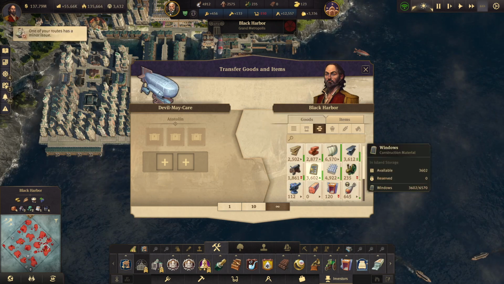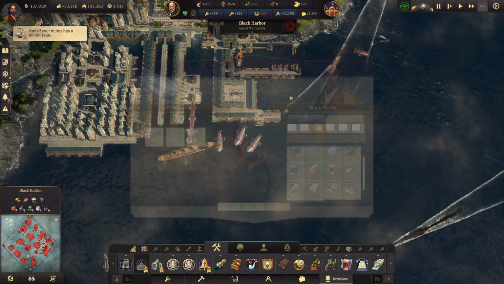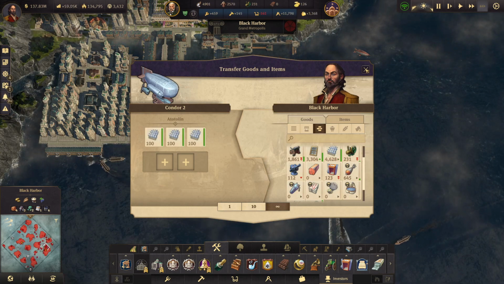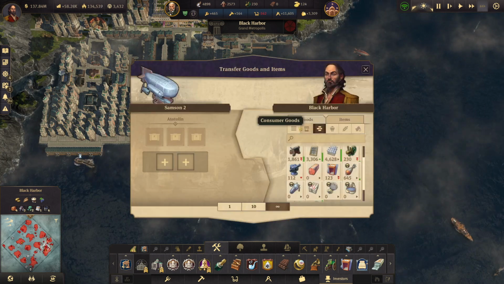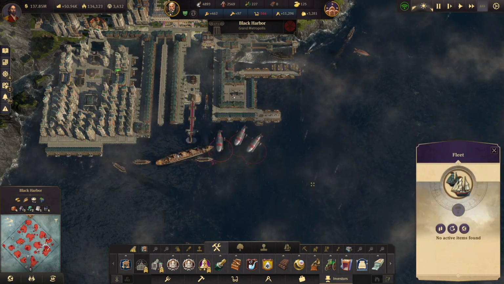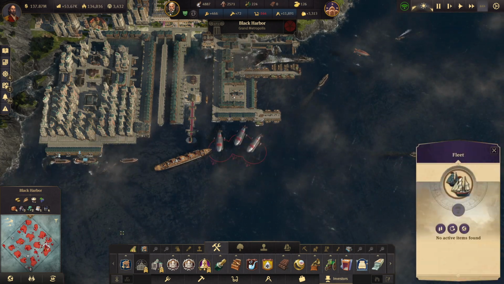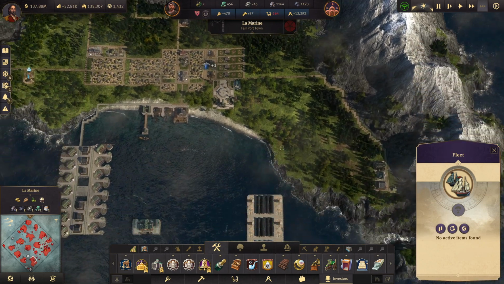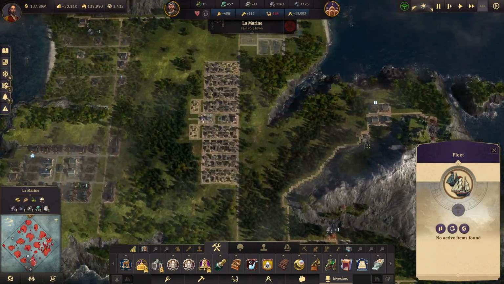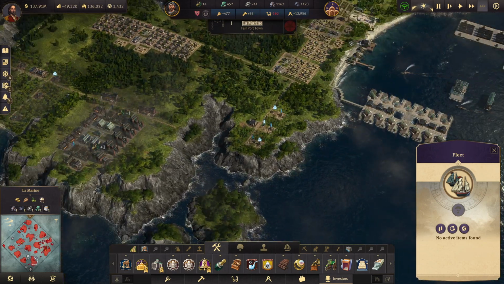So we need windows there. Skies are clear. We got iron beams. Now, nope, nope, nope. A marine fleet embarking. So, look, we're making cars on this one right here, so we're gonna call it